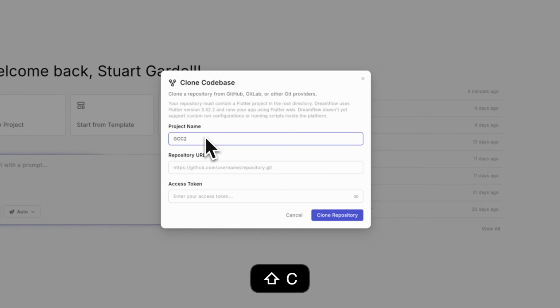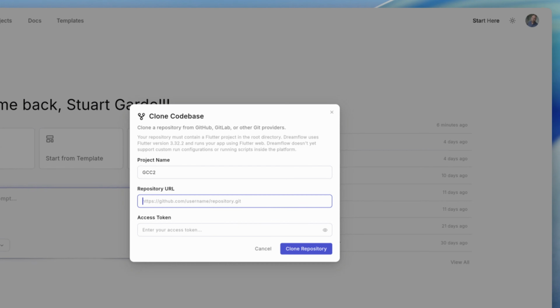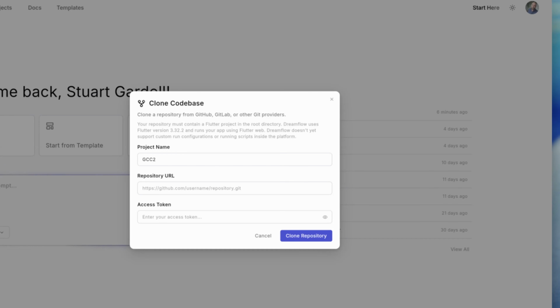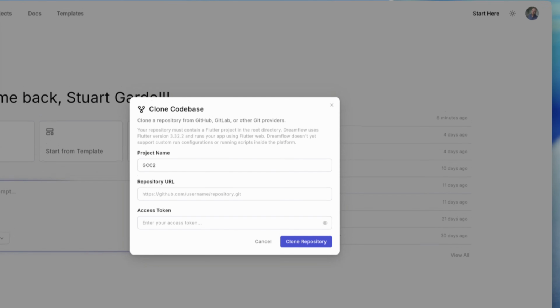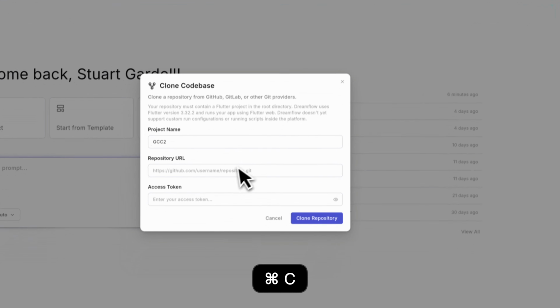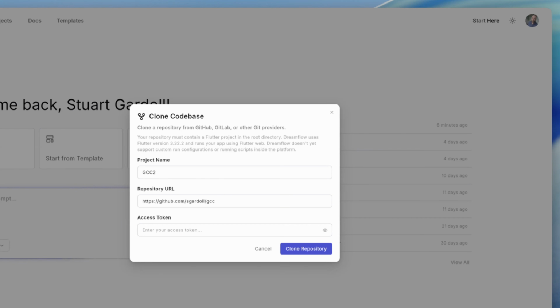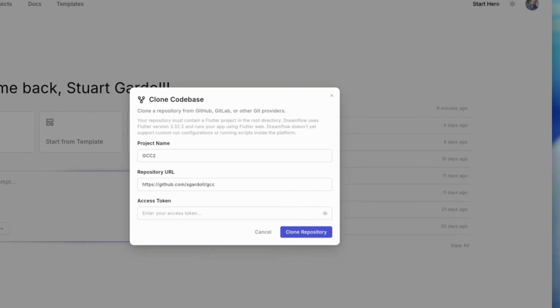Okay, so I wanted to see how Dreamflow performed given a bit of a better brief. That was a very brief prompt that I gave it first up. So now that I have this expanded prompt from Google AI Studio, we're going to do exactly the same thing. Clone the code base again,